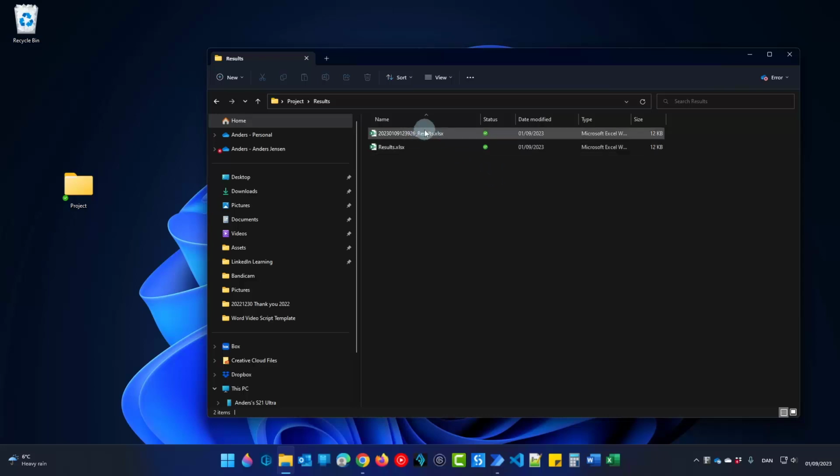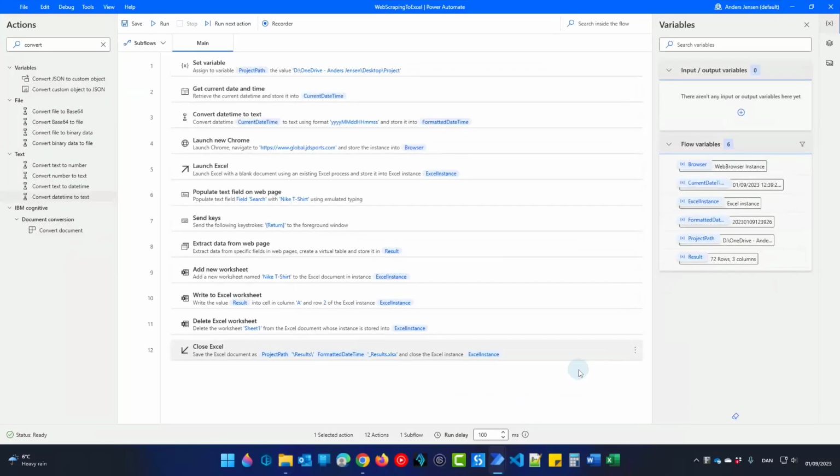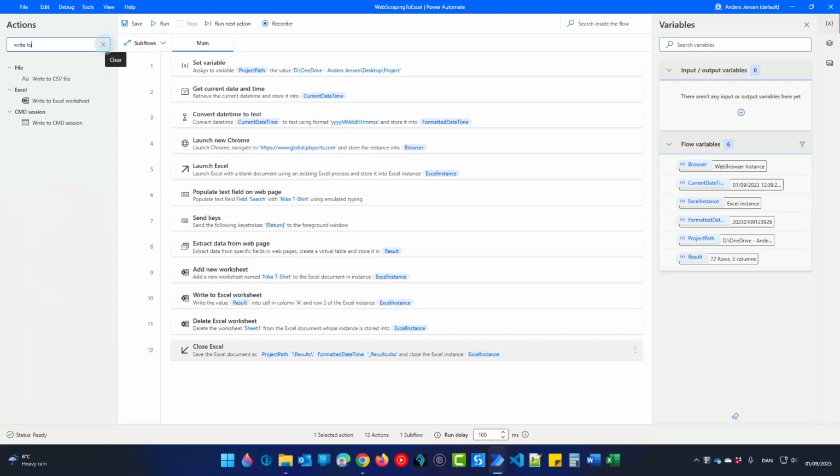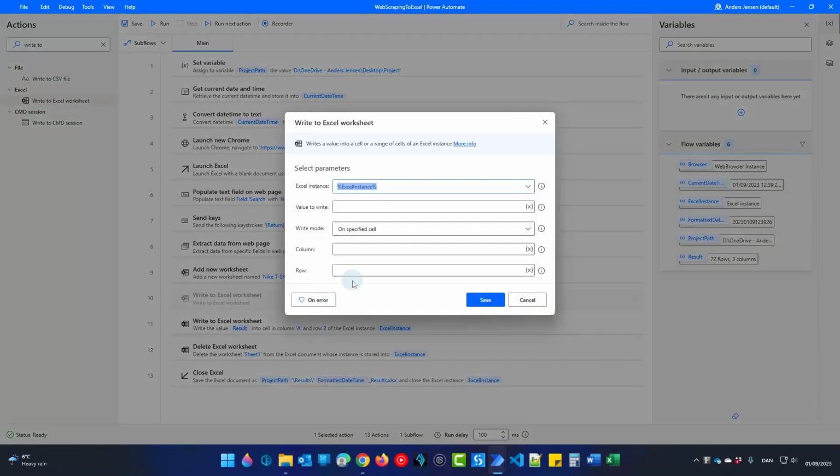Let's also add headers to this Excel sheet. So I go back here. Right before this Write to Excel worksheet, let's have another Write to Excel worksheet. Drag this one in here. So here we need to have the Excel instance once more, and then we will just add in the row